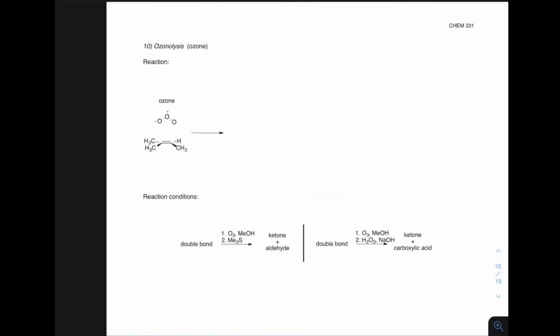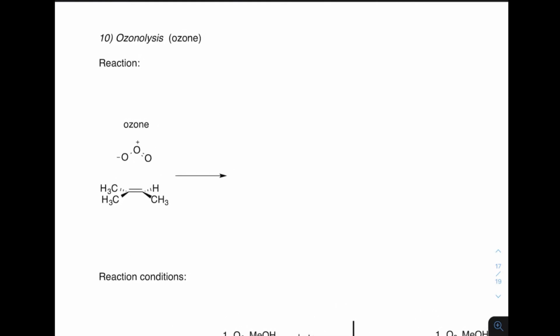So the last reaction we'll cover here is something called ozonolysis, ozone, O3. In essence, what ozonolysis is doing is actually breaking apart the alkene. And we'll see that here in just a second. And there's two ways to do that. We can either use O3, ozonolysis,